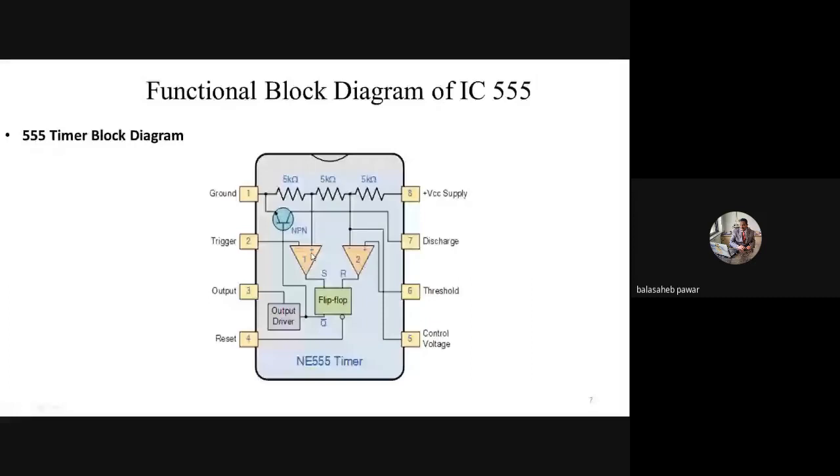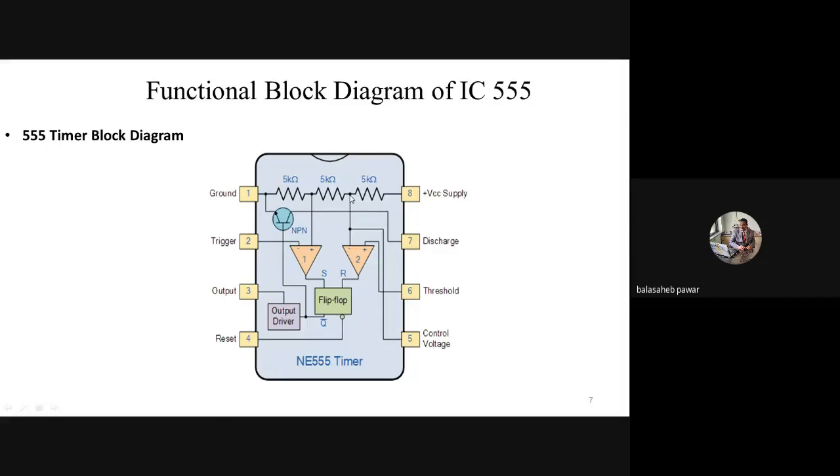So just remember it whenever we will be going to discuss its application as astable multivibrator. Over there, you have to apply the same logic. Okay, and that's why I explain it. Similarly, for the second comparator, its inverting terminal is connected to the node formed by the first two resistors. Is it? See, that inverting terminal is connected to that node.